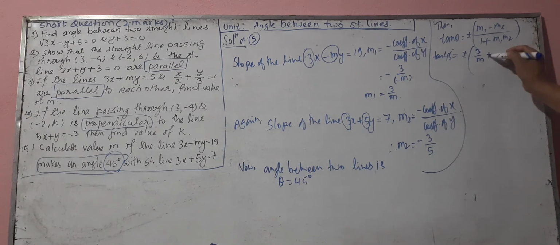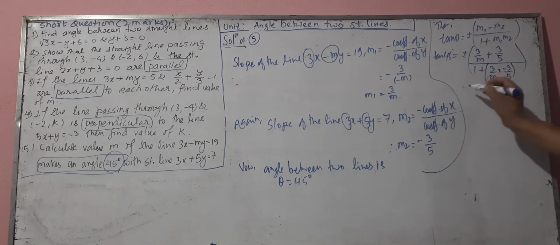So minus minus plus 3 by 5, whole divided by 1 plus 3 by m times minus 3 by 5. The value of tan 45 degree is 1, and this equals